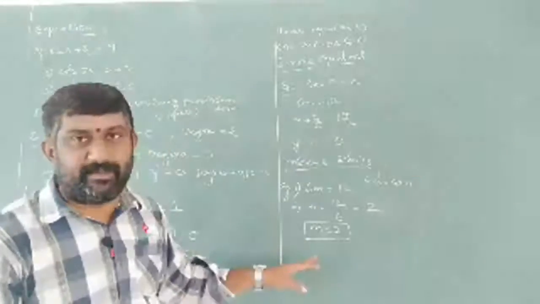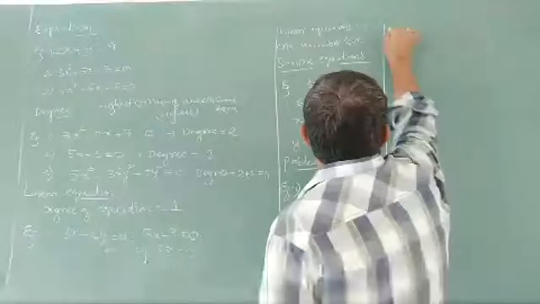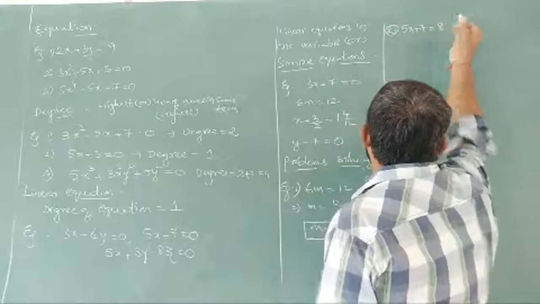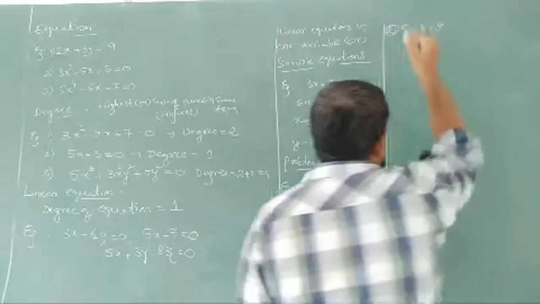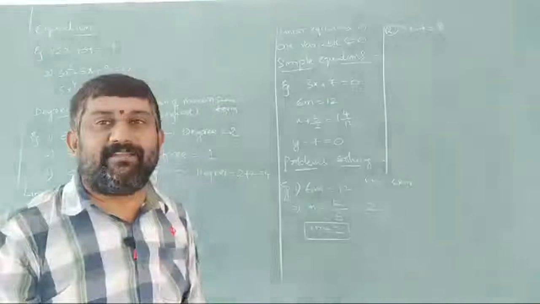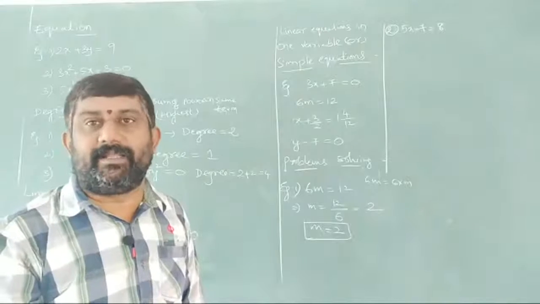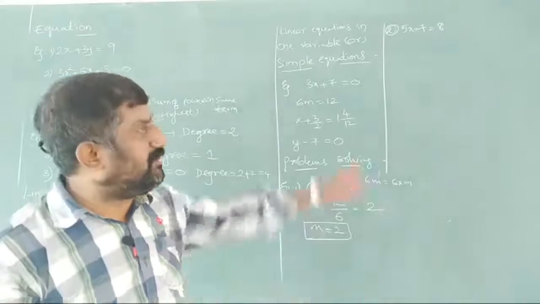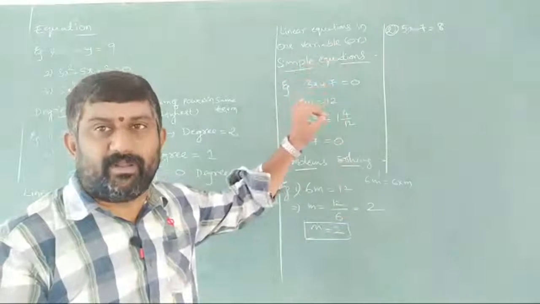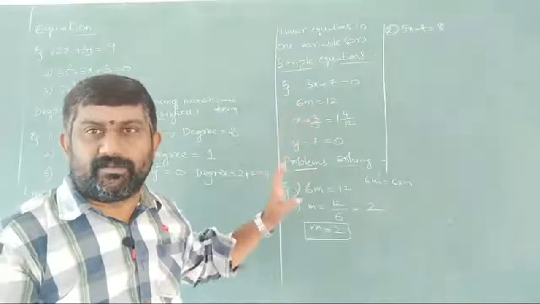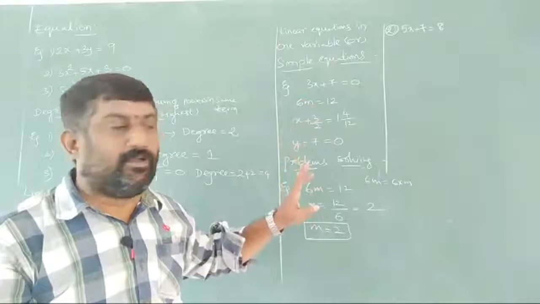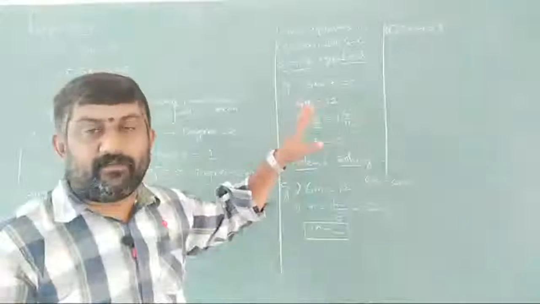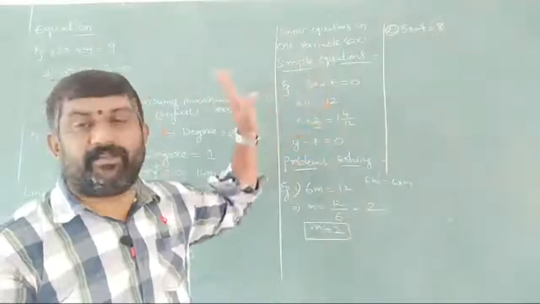Let us take another example here. I'm taking 5x minus 7 is equal to 8. Just before, we discussed that we need the variable value. What is the variable we have here? x is our variable. x is the unknown to us. We have to find that value. So that's why we are going to make x free. For that, we have 5x minus 7 here.